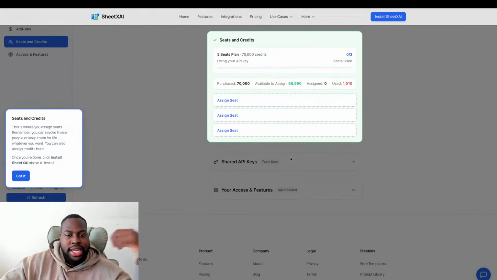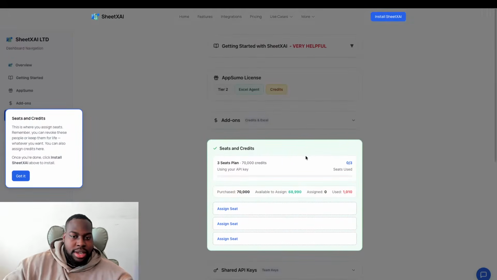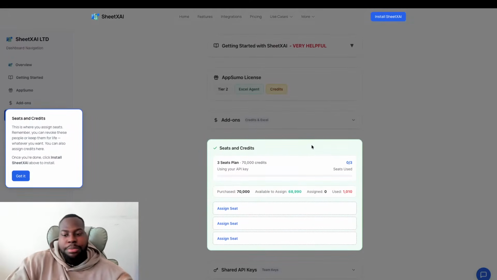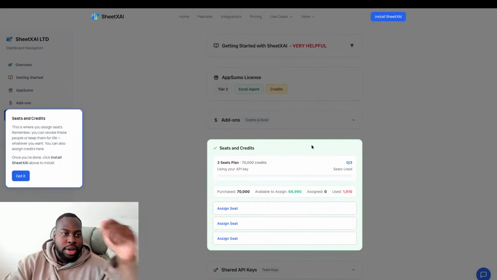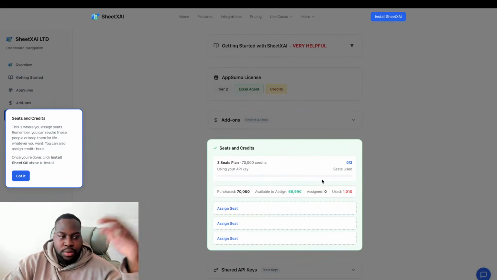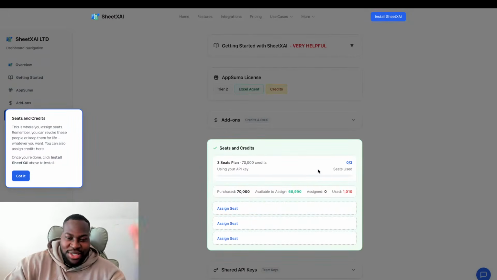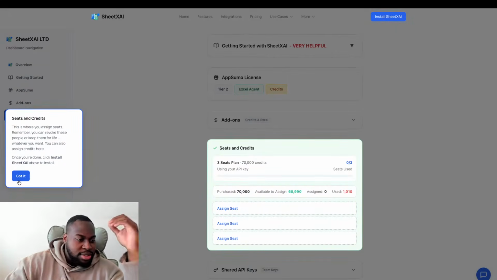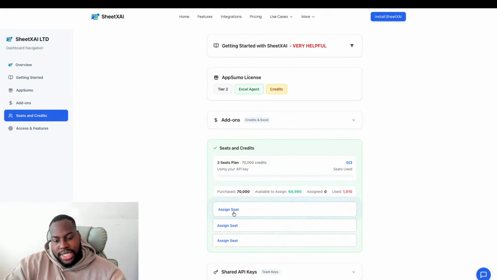Okay, so after you sign in, you're gonna see something like this, right? Now, essentially, this will be for the first time you sign in when you don't have seats that you already set up, right? After you sign in the first time, you won't see this ever again. But we purposely made it this way so that you quickly know exactly what to look for. We've had people have issues, and so I was trying to make it as easy as possible, right? So you press got it, and then it's gonna tell you to assign a seat,